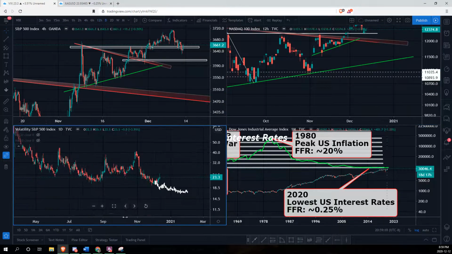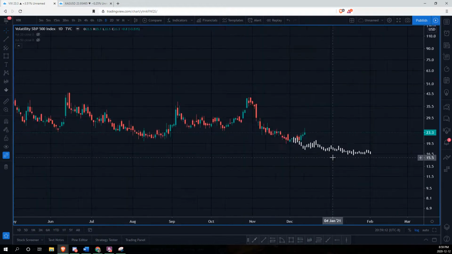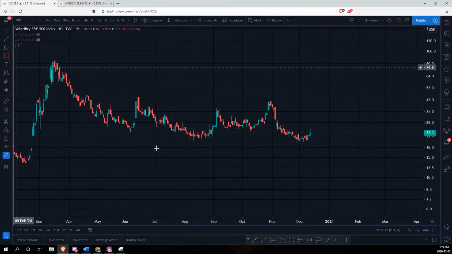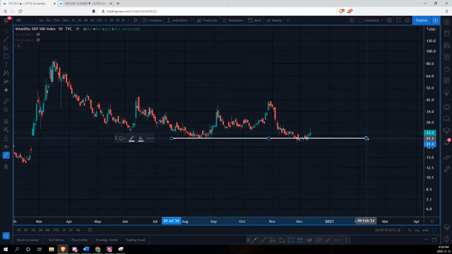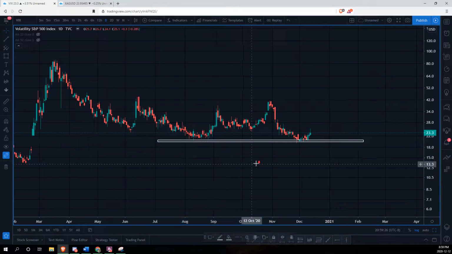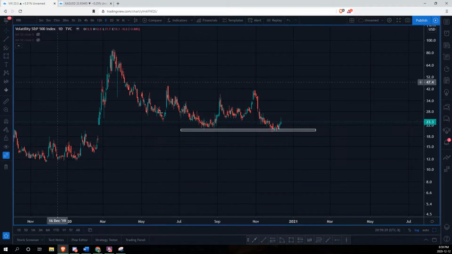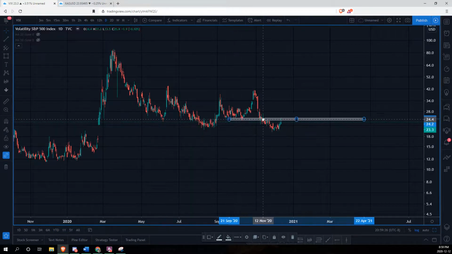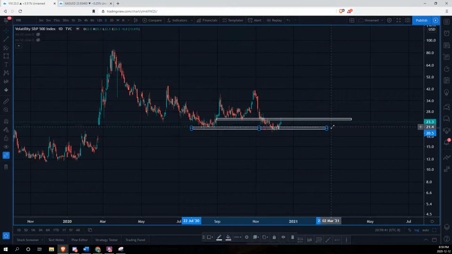Little bit of volatility to the downside for the S&P, so it's going to be increasing the volatility in the VIX here. We do see that previous low was broken, not beautifully, and we see it actually, if we are using it as a zone, I wouldn't absolutely love seeing that. I want to see something like this, where you're seeing that previous resistance turn into a new level of support, like so. That is ideally what we would like to see, but it could just be this zone right here,